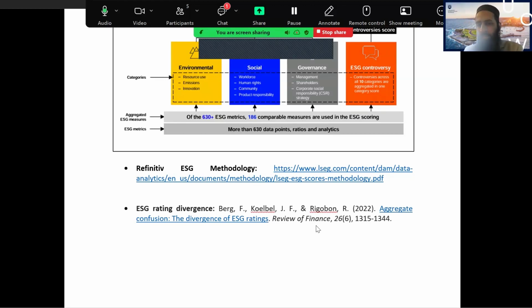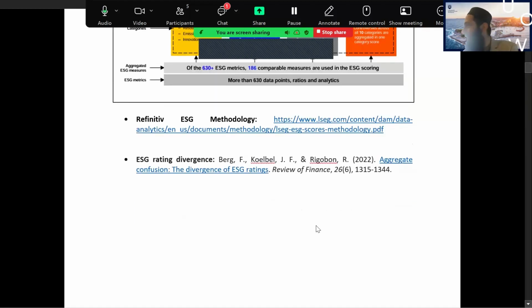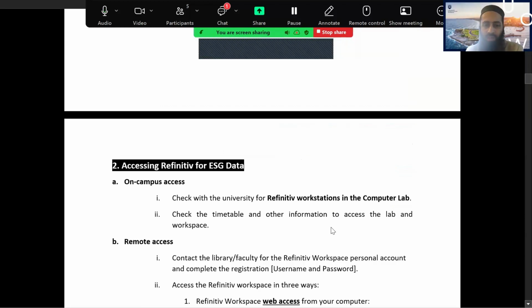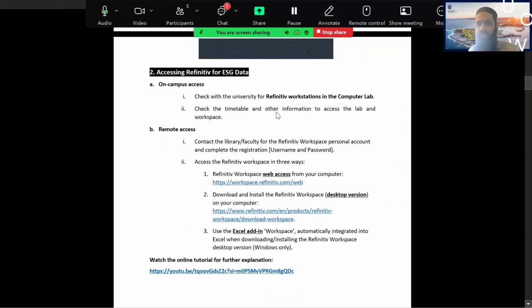So have a read on this, and then see the point that you are saying, which one is better. I think that's still an issue to be resolved, and there is potential for more research, despite one publication review of finance. Is to access Refinitiv Workspace, I think most of you, as I can see, have been using these databases, so I will quickly walk it through.